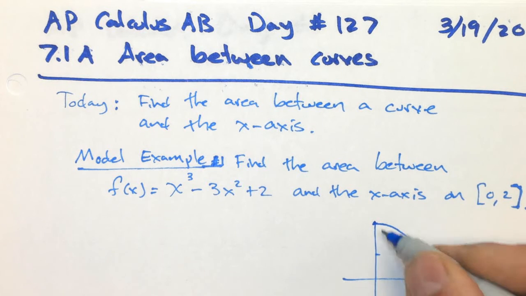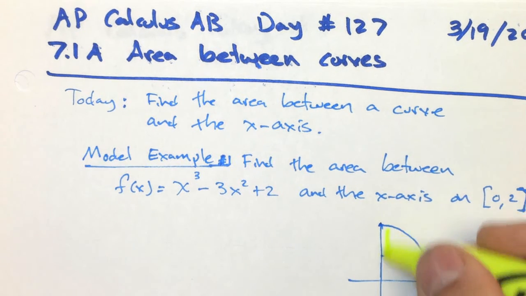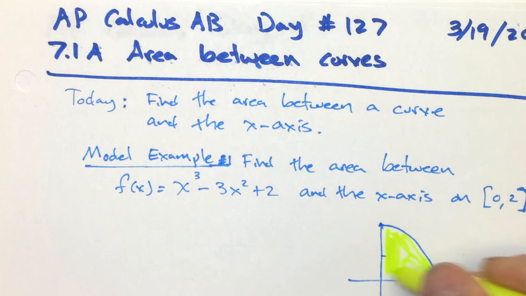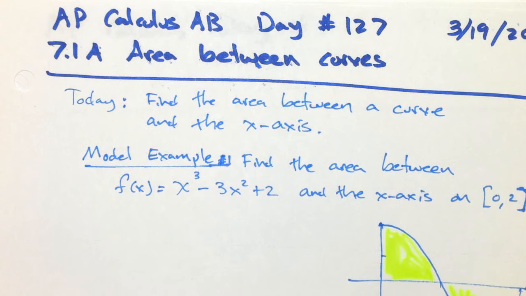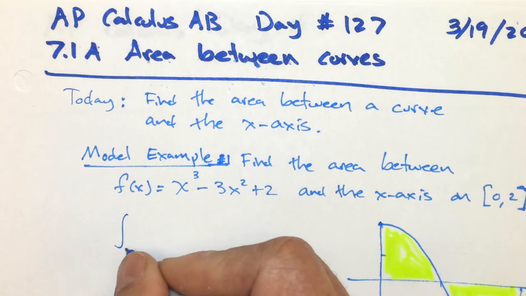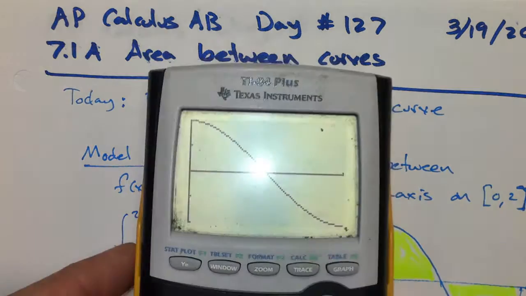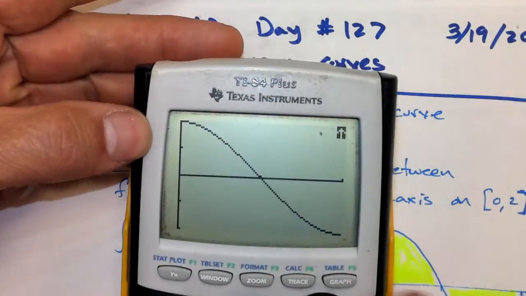Now, we're talking about area, so we're talking about positive areas. So I'm going to look at the area here under the curve, this one, and this one. Now, I want to count those as positive. So if I just took my definite integral, that won't equal the area under the curve. Just to see that, if I take the integral from, say, 0 to 2 of f of x dx, I can do that on a calculator. What is that area? So I'm going to calculate